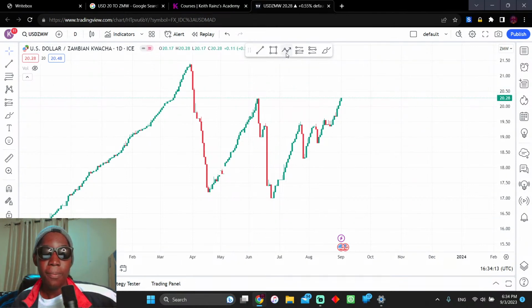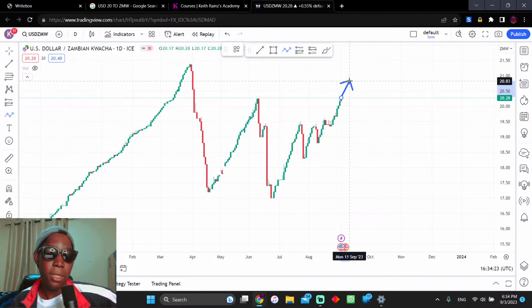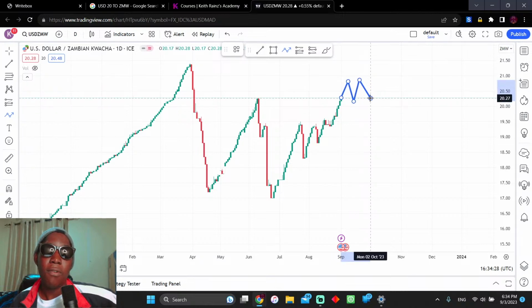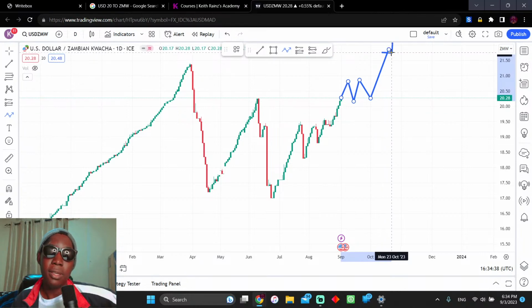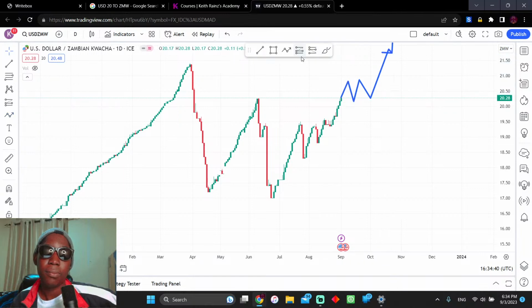So where was I? As I was saying, the first possibility is that price will not just go up in a straight line. Maybe it might do this thing, then from here it might finally try to break off that and maybe reach 21 or 22. That's the first possibility. The other possibility is that when it reaches this level, okay, when it reaches this level, it will now actually